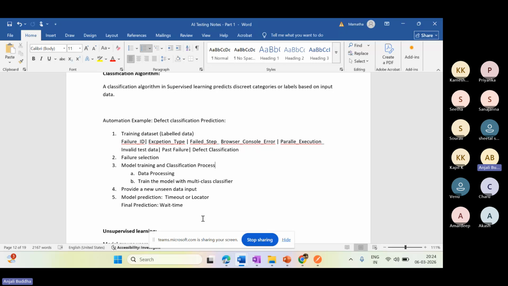If we store the different types of exceptions as options, then based on the input data we provided, it can predict what exactly caused this failure.